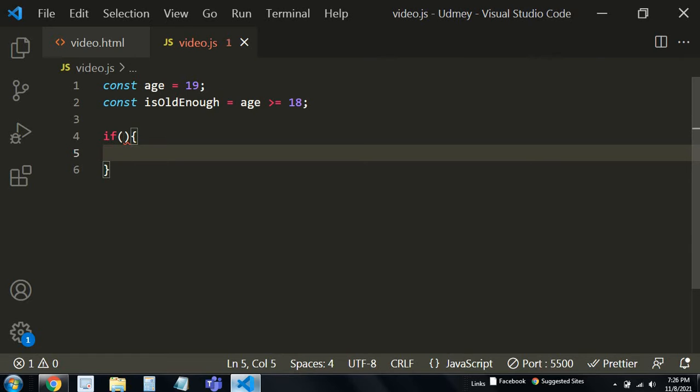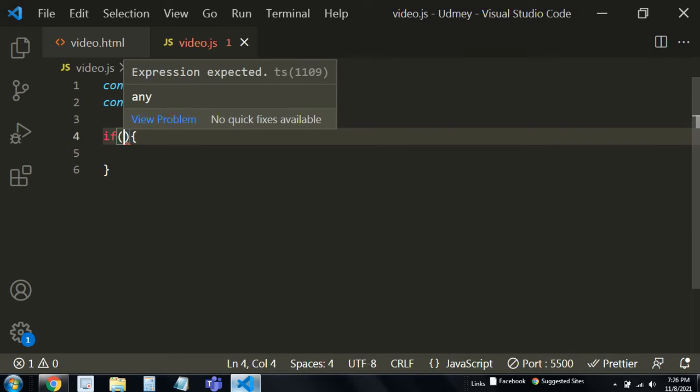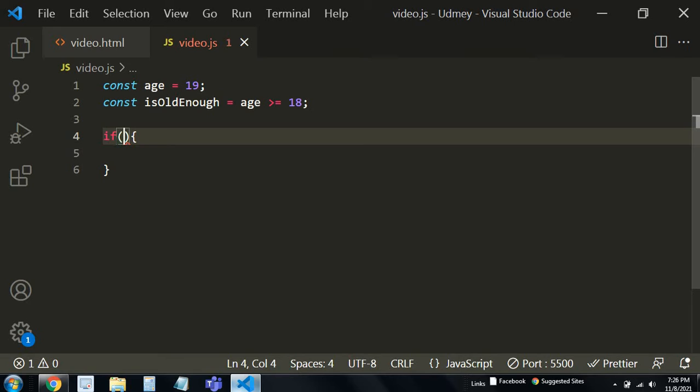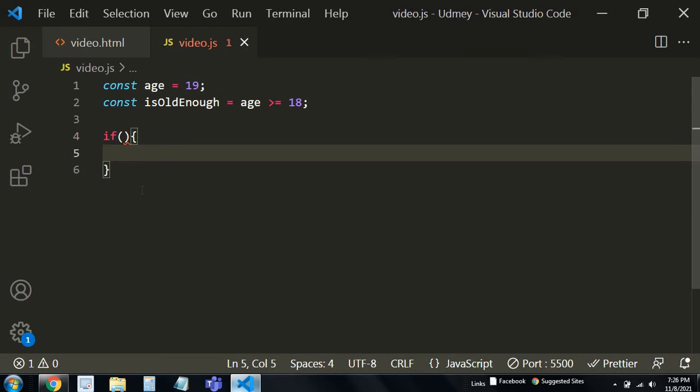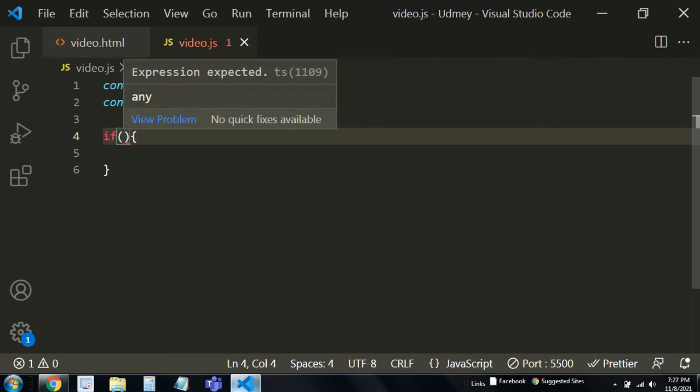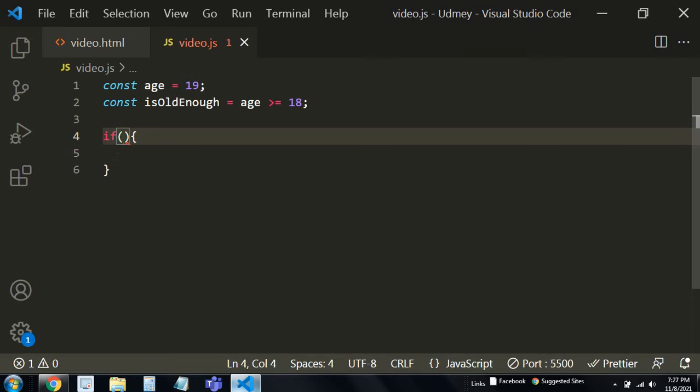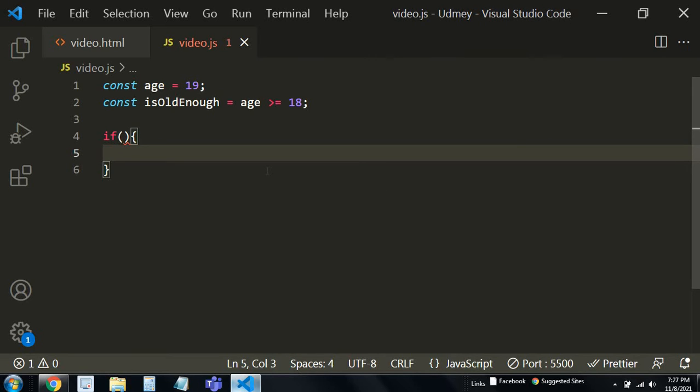So here basically you want to just decide what you want the if else to do for you. So you can enter the condition over here. And in these curly braces you can put what it should do if the condition is true. And suppose I want that if age is greater than 18, it should say that you can drive. So here I'm going to put age is greater than 18, the condition, and in these curly braces I'm going to put what should be executed if the condition is true. And for false also you can do that.